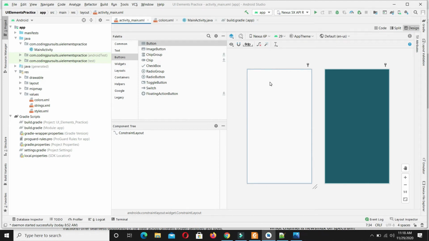This video is the continuation of the previous video, constraint layouts. In the previous video we manually set the constraints of widgets or views on the screen. In this video we will use the Android Studio design editor for setting the constraints of widgets like button, text view, etc. And you will see how easy it is to use the design mode to set the constraints in an efficient and easy way. So stay tuned and watch the video till the end.